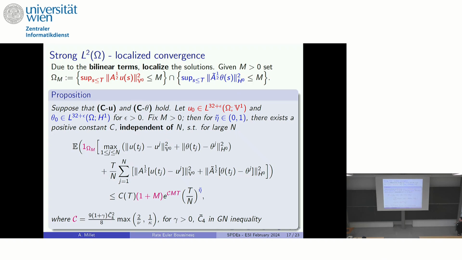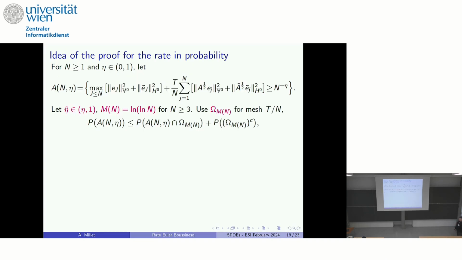the bad news is that here, inside of this exponential term, which comes, of course, from my scheme, this constant m is showing up. One plus m in front, that's not very serious. But the fact that inside of the exponential you have m is bad news. A constant c tilde can be described explicitly, but it doesn't really matter. So the bad news is that here we have this exponential term. All right, but at least we can see what's going on in the good set, where, uniformly in time, everything is controlled. So if we want to deduce from that the rate of convergence in probability, look at the set